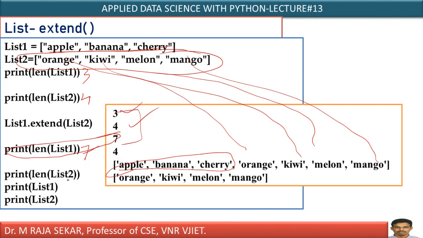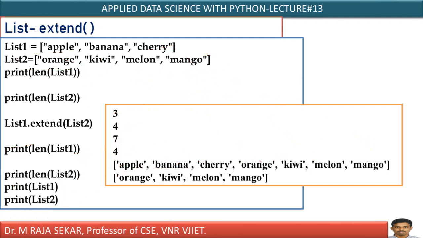That's what it says. If you display the length of list 2, there is no difference in the length of list 2. If you display individual elements, every element you can see separated by comma. But if you make use of the append function, what's happening? This entire thing is treated as a single element in the case of append, isn't it? But whereas in the case of the extend function, it must not be the case. Each element is added individually.